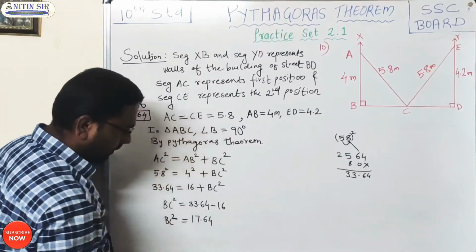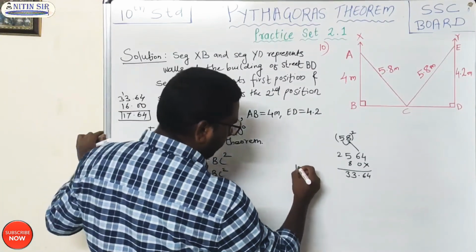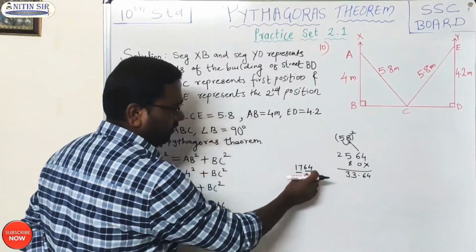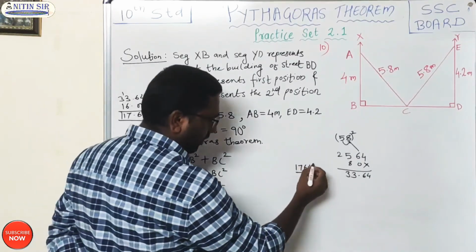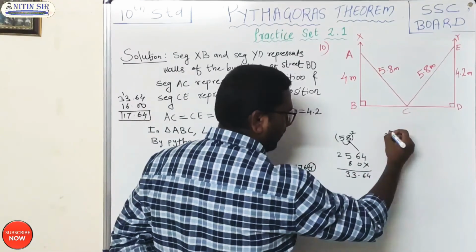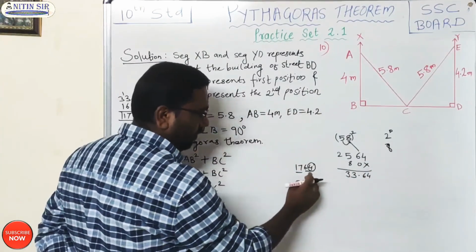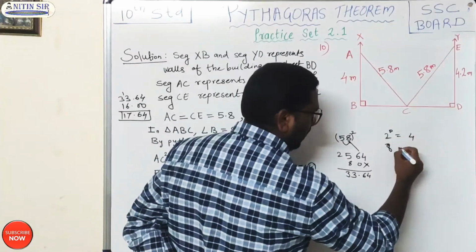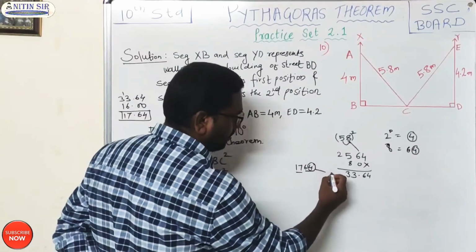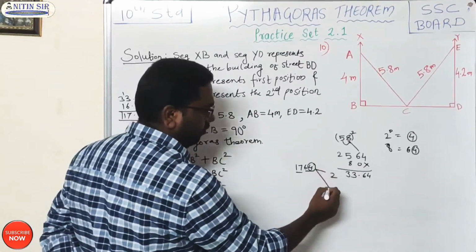Now how to find the square root of 1764. When we are finding a square root, divide it into two groups. We have to make two groups. Now this unit digit number is 4. It means what? Its unit digit contains 2 or 8. Unit digit is 4 means what? 2 ka square is 4, 8 ka square is 64. It means it has two options, either 2 or 8 at unit place.